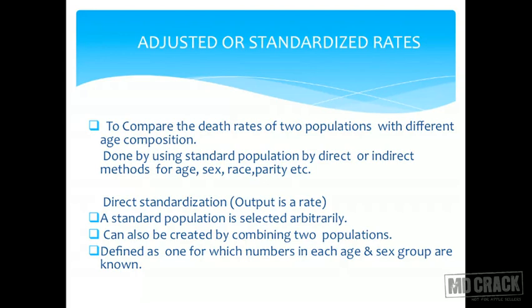Do you ask me, can this be used everywhere? No, this cannot be used everywhere. This is a problem specific standardization. So a standard population simply means you know each and every individual head in that group. I know how many adolescents are there, I know how many adults are there. Now I apply the mortality rates of the existing population to this standard population and I calculate the expected rates. How do I do that? Don't even bother about it. Then I total the number of deaths which are expected. This is standardization. So this is direct standardization.